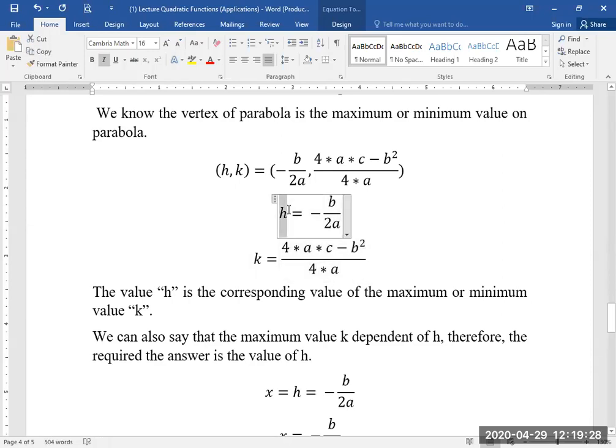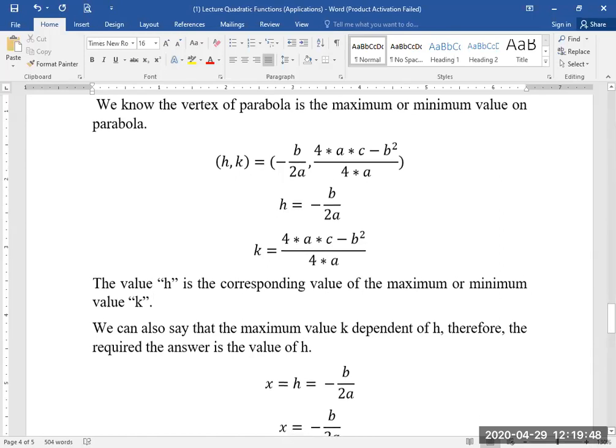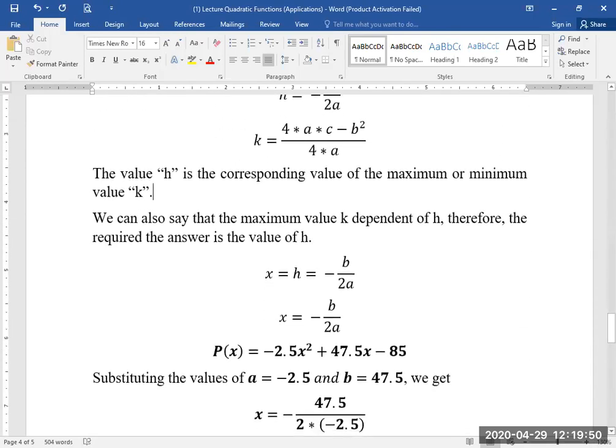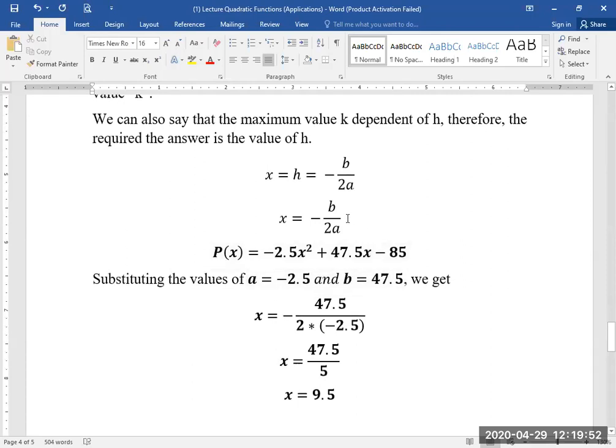Why can one choose x and y? Because it is a vertex, which is different from the others, we are giving it another name, vertex. Therefore, the notation is changed for the vertex to h comma k. One can also express it as x comma y. This can also be given as hk. Now, students, the x coordinate of the vertex leads to the production level where the firm sustains maximum profit.